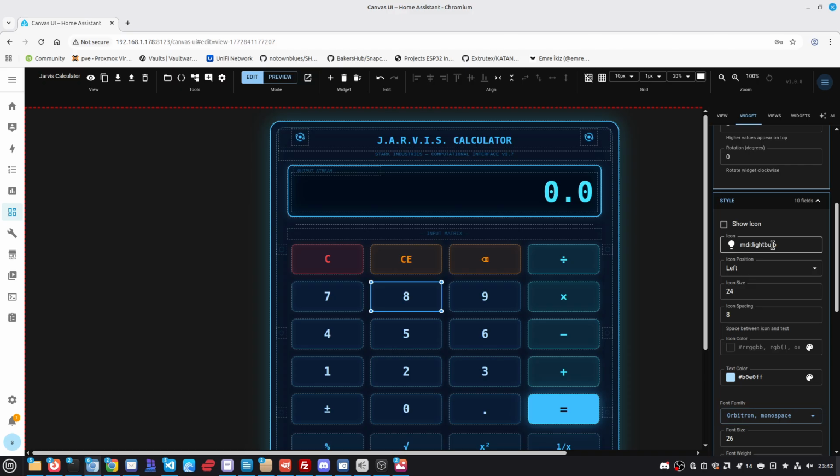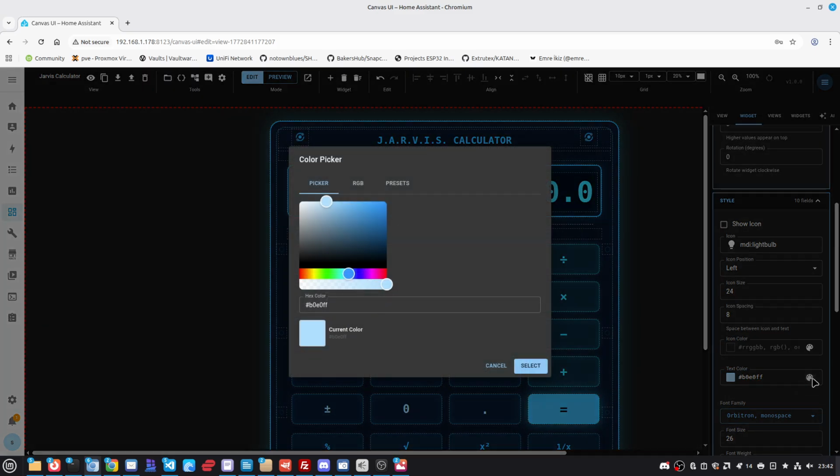Everything has pickers and stuff, except when you understand how the binding system works, some of the places where you have to do things will be text, because you're going to be able to add an entity where you would not normally add an entity, for example. So this color option for the text is an HTML color code, and yes, you can go in here and open the color picker and set a color,